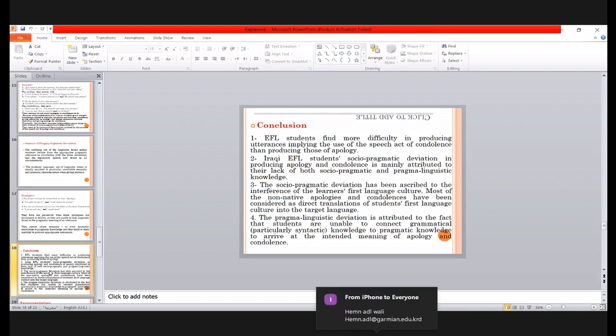The socio-pragmatic deviation has been ascribed to the interference of the learner's first language culture. Most of the non-native apologies and condolences have been considered as direct translations of students' first language culture into the target language. I think, of course, students find difficulties simply